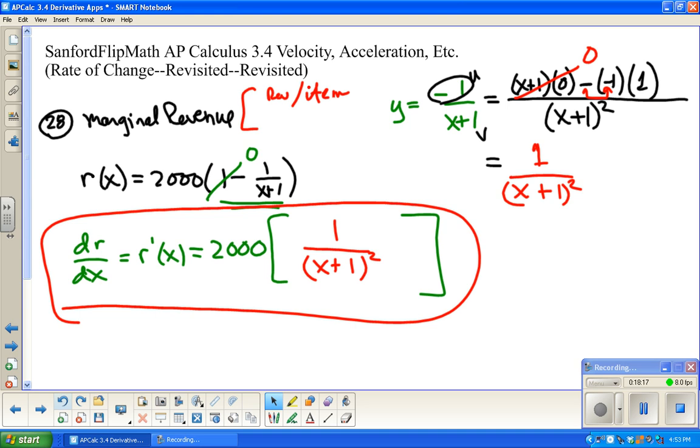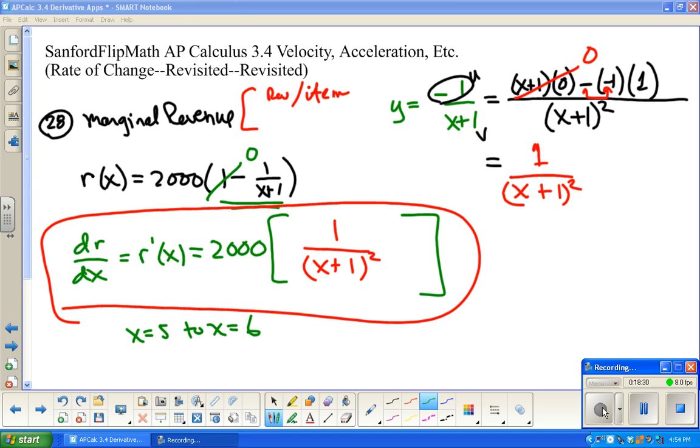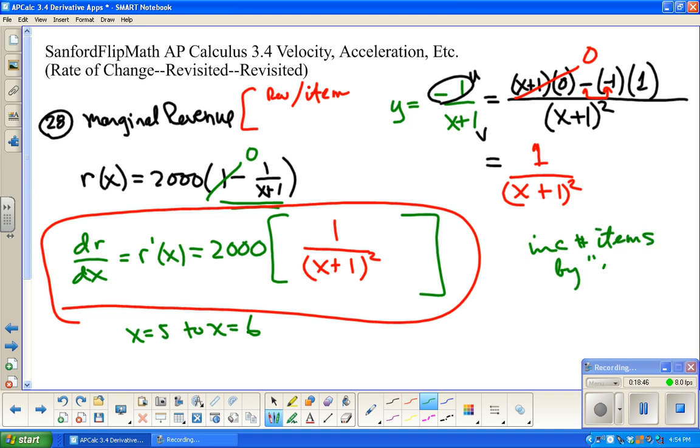Well, going from x equals 5 to x equals 6, we can approximate that by just putting in 5, because what this is about is as we increase the number of items by 1,